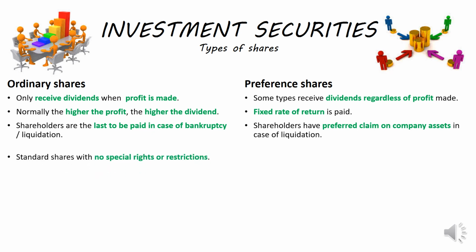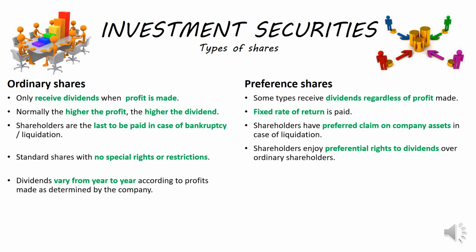Right, ordinary shares are what they say, ordinary, it is normal. They are standard shares with no special rights or restrictions. All right, so they don't have special rights that preference shareholders don't have, and there are no restrictions placed on ordinary shareholders either. In the case of your preferential shareholders, obviously they have preferential rights to dividends, which means that before your ordinary shareholders are paid out their dividends, the preferential shareholders will receive their dividends first. So in other words, if there's not enough profit, then your preferential shareholders will receive a dividend, whereas your ordinary shareholders might not.